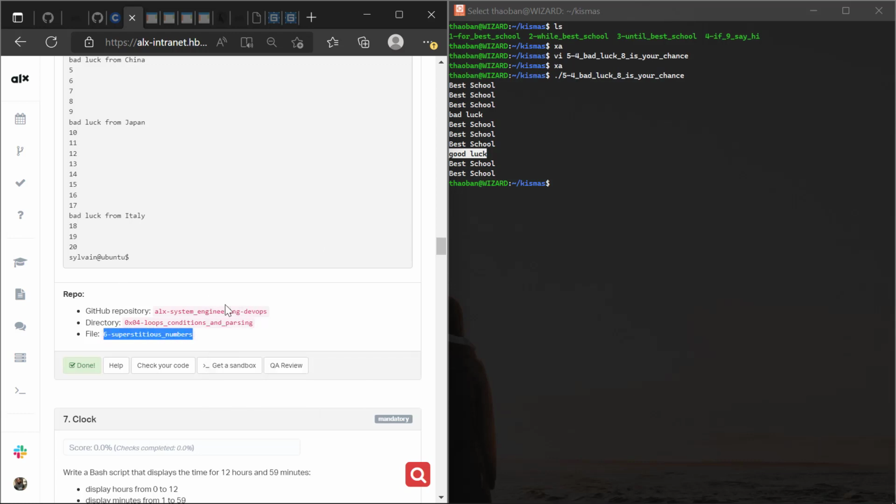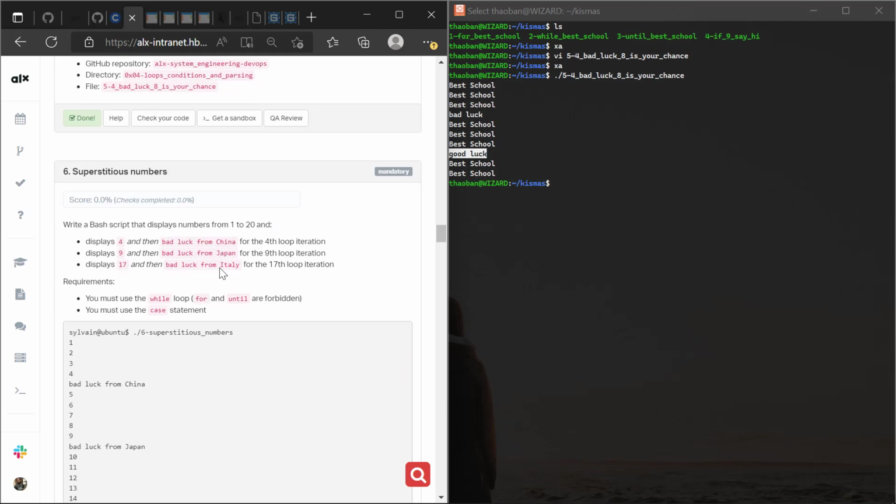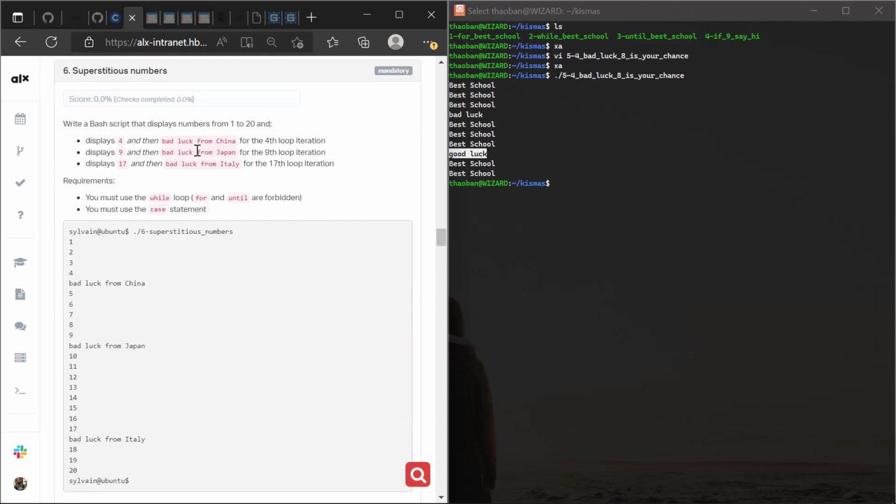Let's copy the name of our file. So they said we should write a bash script that displays the numbers. Okay, and in this case we need to use case. Since you've gotten the hint that you should use case, you need to make a search on how to use case. YouTube is your best friend, or Google is your best friend, or whatever is your best friend, just make a search. You shouldn't be told to do that anymore, because you started from the beginning and you've gotten to this extent, you should know how to do your stuff. So then